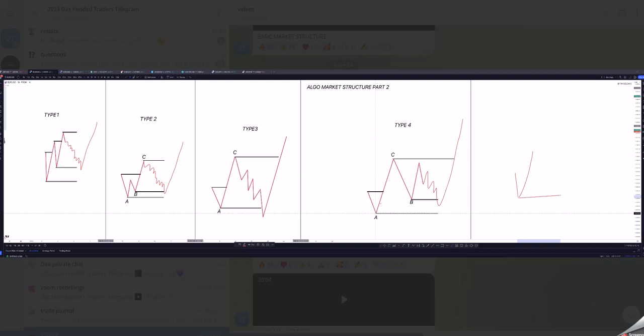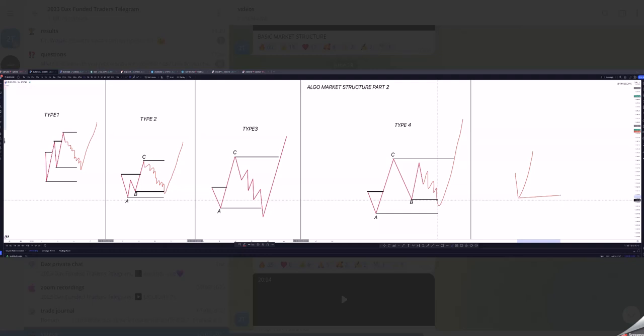Price took out the B, then bought off. However, let's go to the daily time frame. Look at what we have here. The daily time frame is not really clear, but I'm looking for a perfect example for